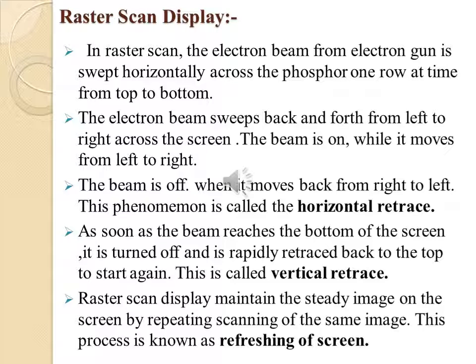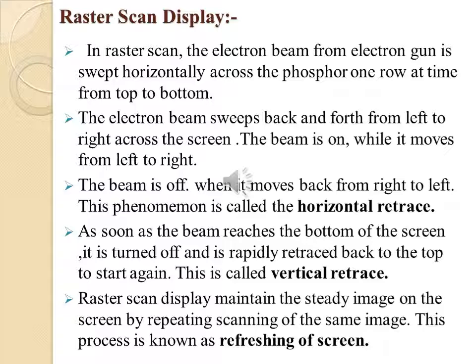In the previous slide we discussed the CRT display device. In CRT, the components are the electron gun, focusing and accelerating anodes, horizontal and vertical deflection plates and phosphorus coating screen. There are two ways to represent an object on the screen, the raster scan and random scan. This technique is for the scanning. Now, briefly we discuss the raster scan display.